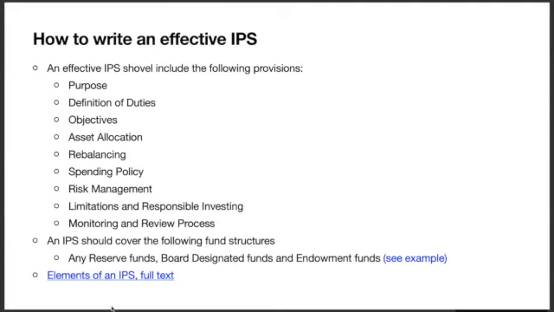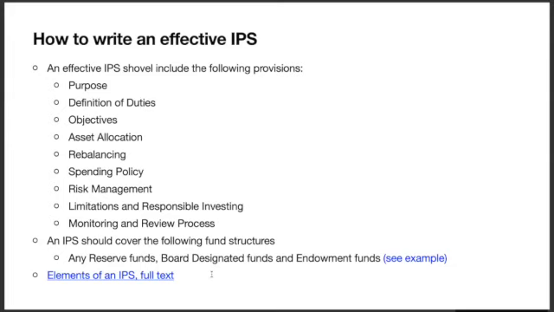Asset allocation is where you would outline the allowable asset allocation. So it's usually stated in terms of percentages with bands. That'll be shown in the example I gave for the investment policy statement. But if you think of a 30% allocation to US equities, that might be then stated with a band. So it would say that an acceptable band would be 28% to 32%.